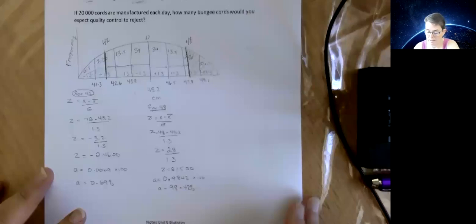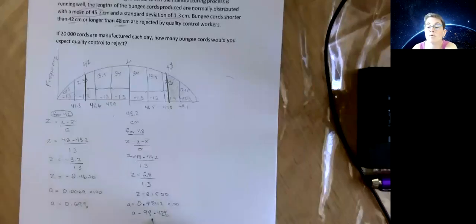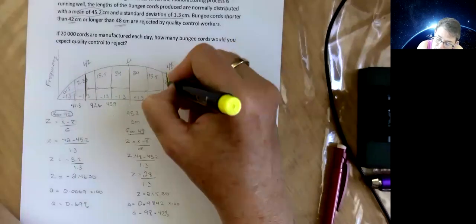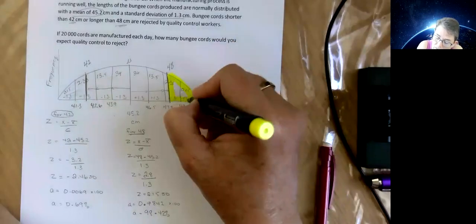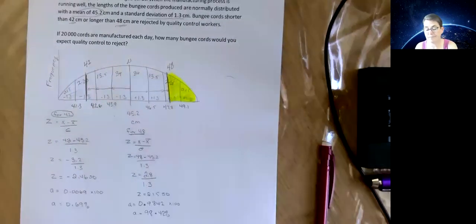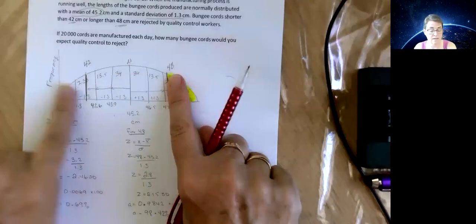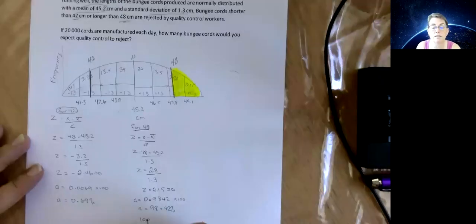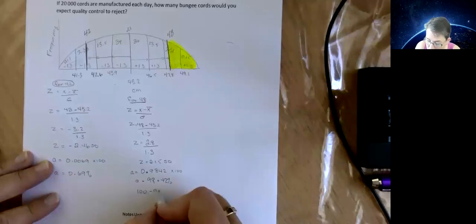So what does this 98.42% refer to? It is not this little chunk at the end. It's everything that isn't yellow. If only there was some way we could figure out how much that was. Okay, so basically, the table always gives you the stuff on the left-hand side. So this part is 98. So if we go 100 minus 98.42,